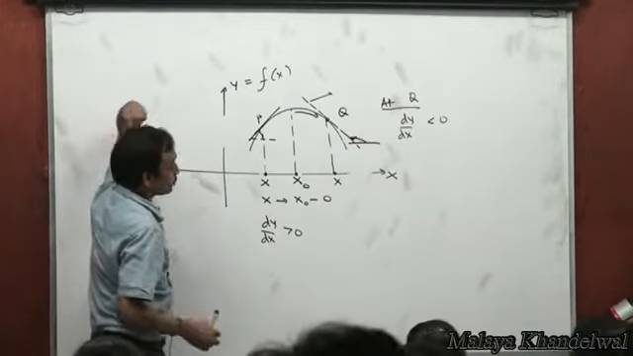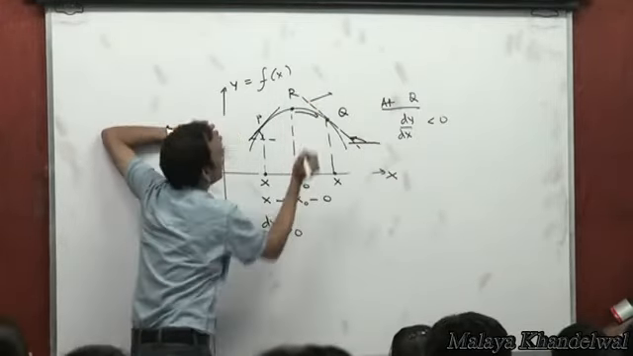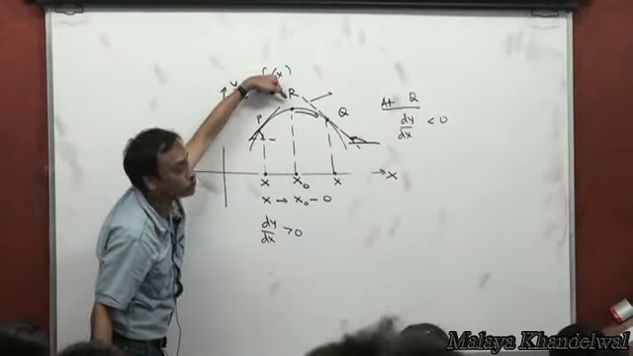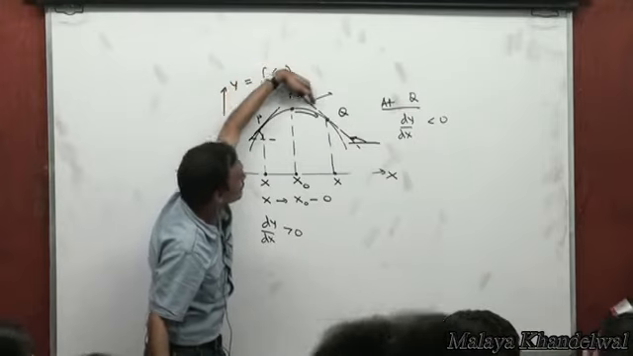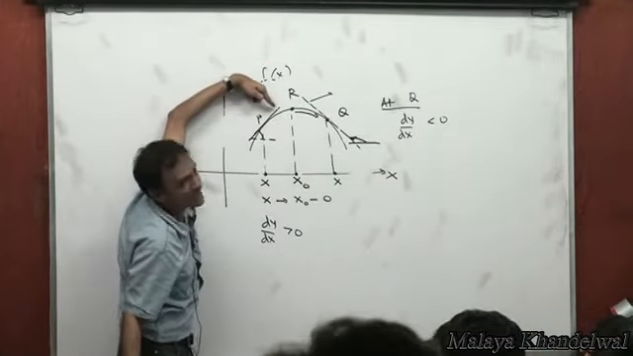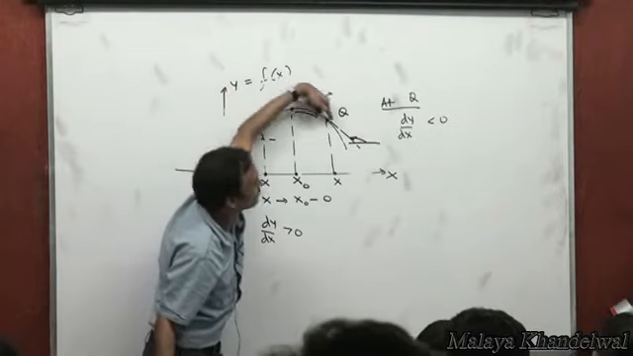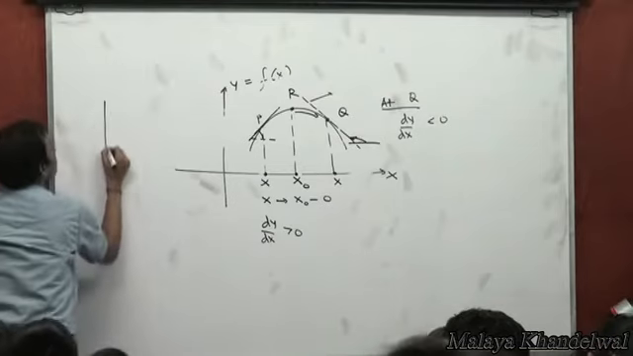So to the left of this point x0, call it r, the function is monotonically increasing. To the right of r, the function is monotonically decreasing. To the left of r, therefore, dy/dx is greater than 0. To the right of r, dy/dx is less than 0. And at r,